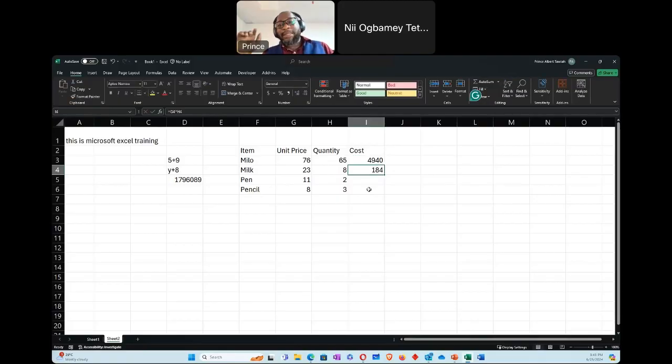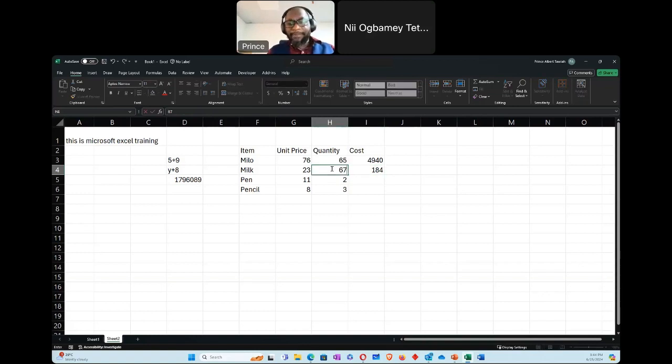But if I had used the specific values to do the computation, this wouldn't have worked for me. So when I click on this 184, in the formula bar, I don't see 184, but it's telling me that whatever is in cell J4 is multiplied by whatever is in cell H4. So if what is in, let's say, H4 changes, then the value also changes automatically.